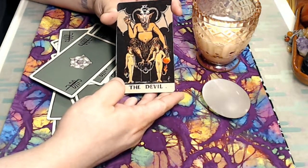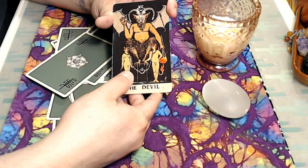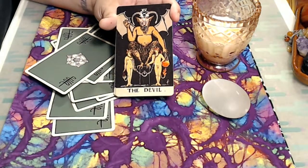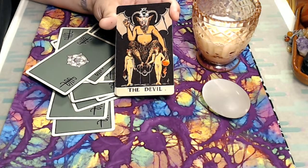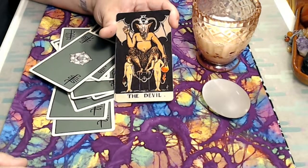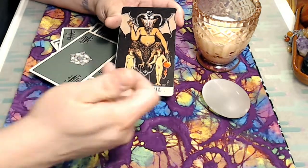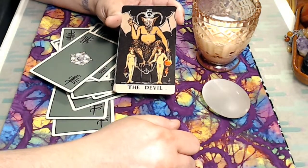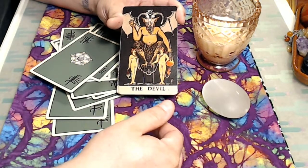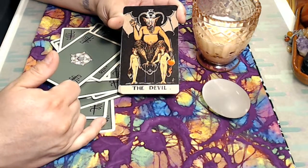So when the card arrives in a reading, you're looking for some kind of addiction, greed, lust, addiction, gambling, just all kinds of difficult stuff that does in fact play a role in many people's real lives. And very, very obviously, the man and the woman here are meant to echo the symbolism of the Lovers card,